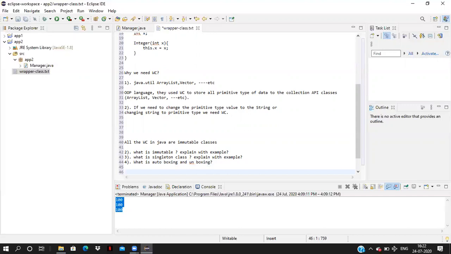Converting primitive data type value to the wrapper class object. That is called auto boxing.